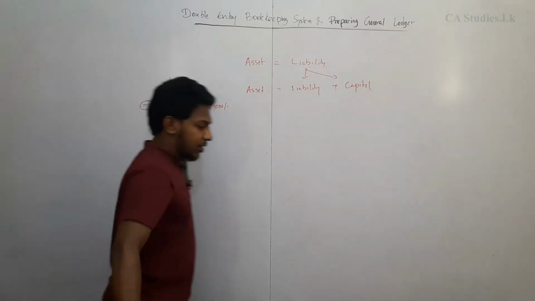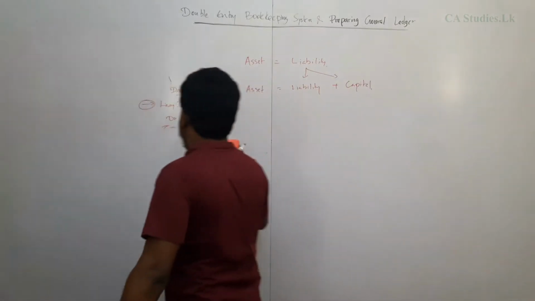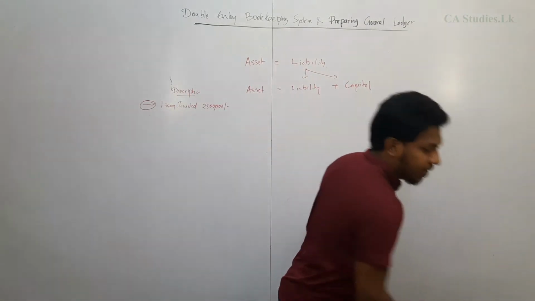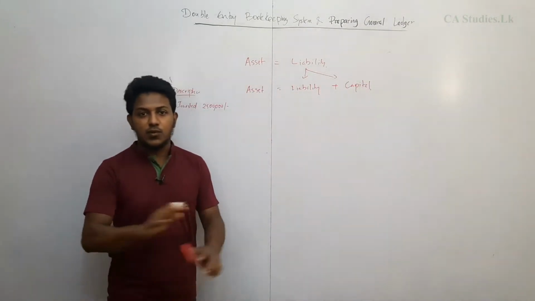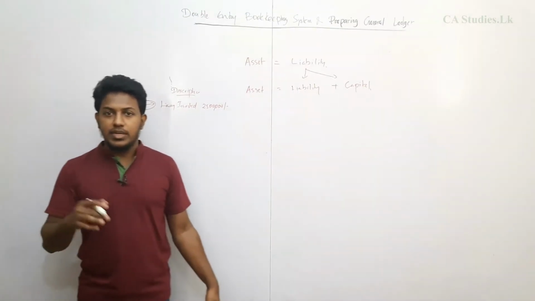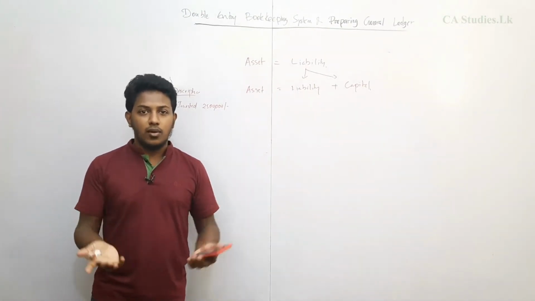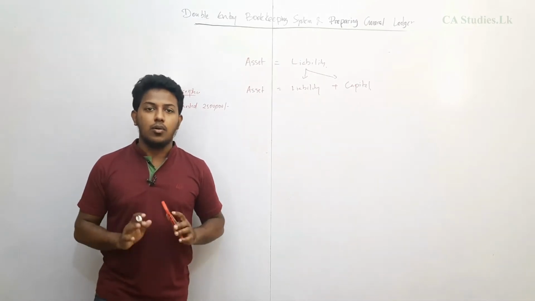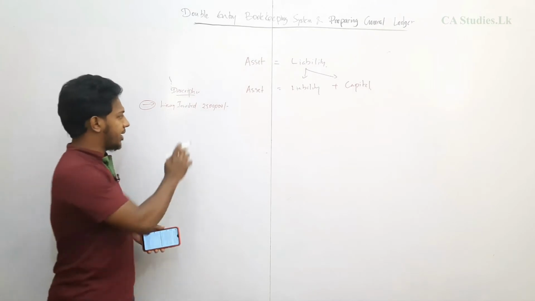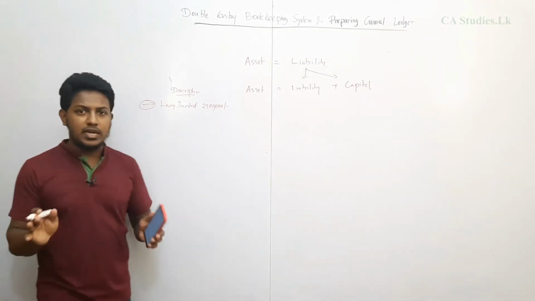So first, don't think debit should be in the first line and credit should be in the second line. There are no rules that debit should be in the first line or credit in the second line. We all followed that, that's all. We are normally following debit and credit. Credit and debit also we can write. Credit above and debit below, we can write like that.